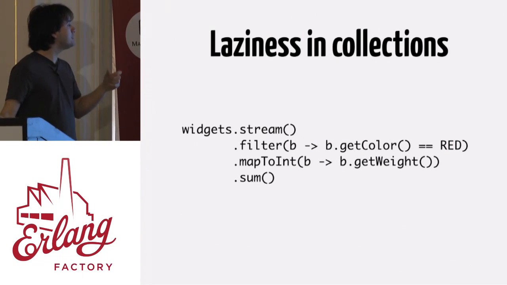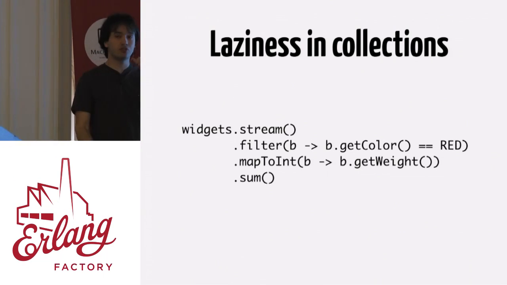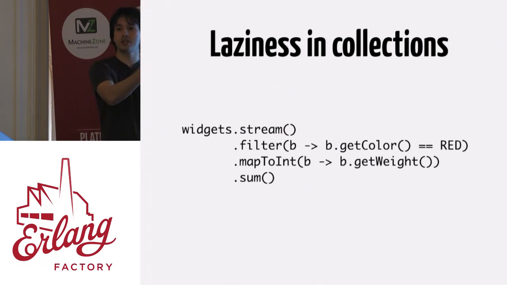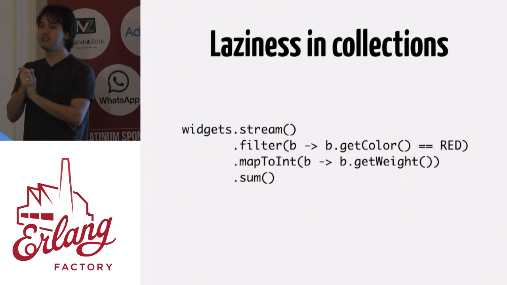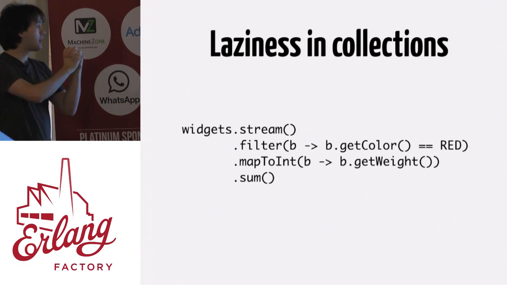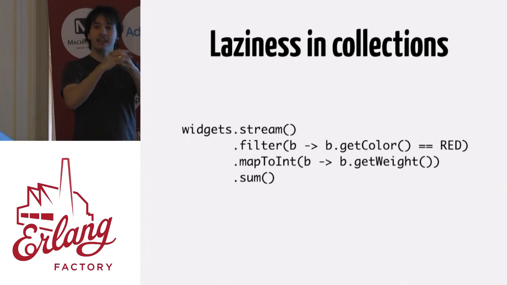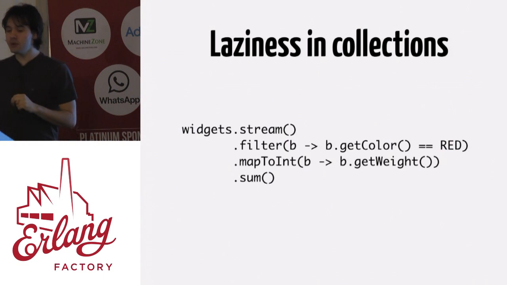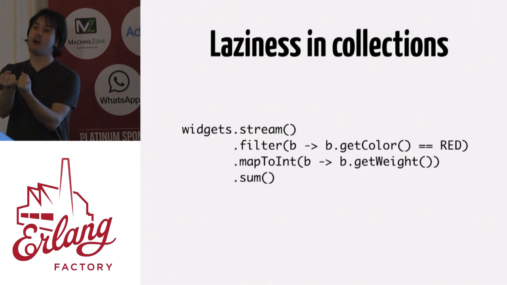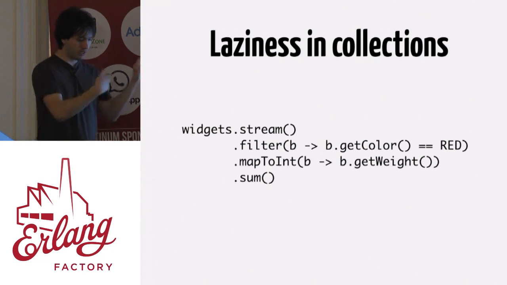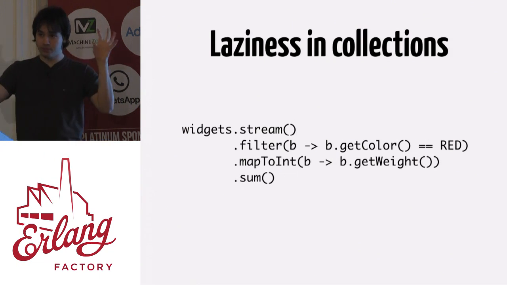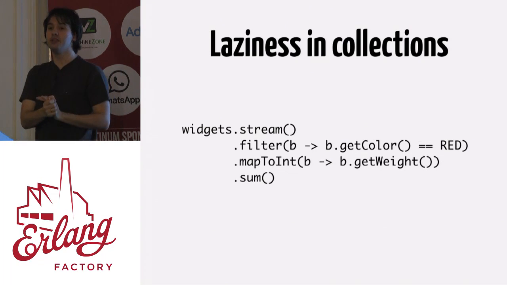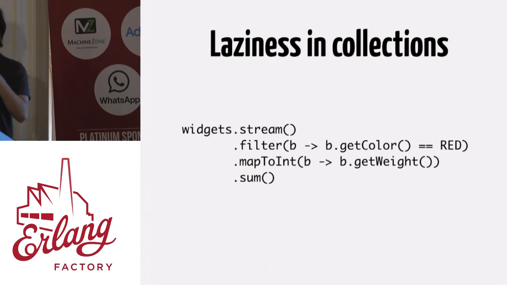So what laziness does is that when you say widgets.string, next time you call filter, it does not actually traverse this stream, does not actually traverse the widgets list. It just stores the computation, okay? And when you say map to int, it's going to, again, store this computation. It's not going to evaluate it. And just when you call something like sum that actually needs a result, like a number, or when you call toList, it's actually going to get all those computations, fold them into a single thing, and traverse the list only once. Okay? So that's one of the things we gain from laziness.